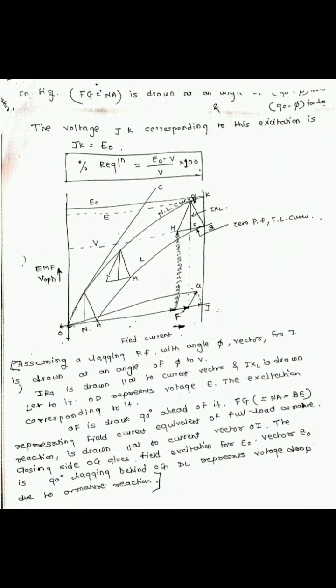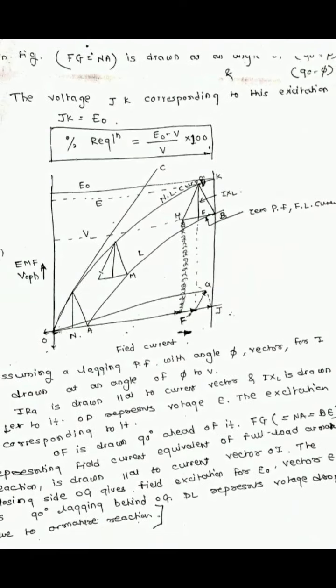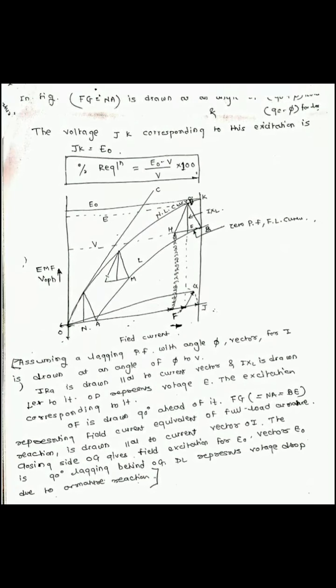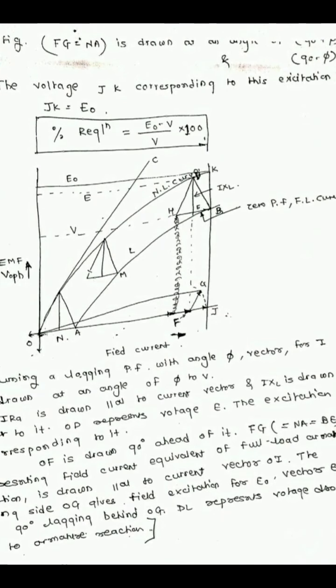Further, the field current IF2 necessary for balancing armature reaction is found from the Potier triangle. Combine IF1 and IF2 vectorially, as in the ampere turn method, to get the value of IF. So read from the no load curve the EMF corresponding to IF. This gives us the value of E0, hence the regulation can be found. So this is the actual procedure for finding out the voltage regulation by the ZPF method. It is a very simple and very accurate method for finding out the voltage regulation of the alternator.